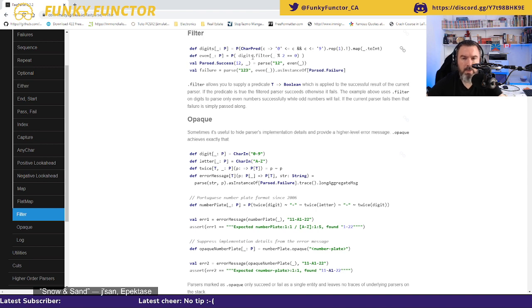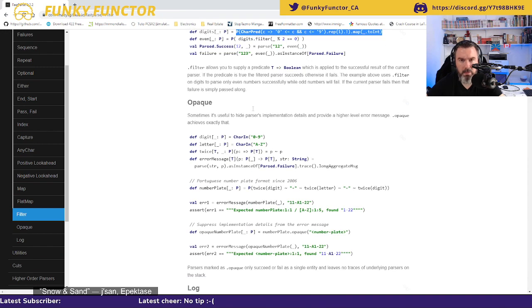So I need to have this char predicate repeat at least once and then that, which actually would match my, and then I can map it to ints.